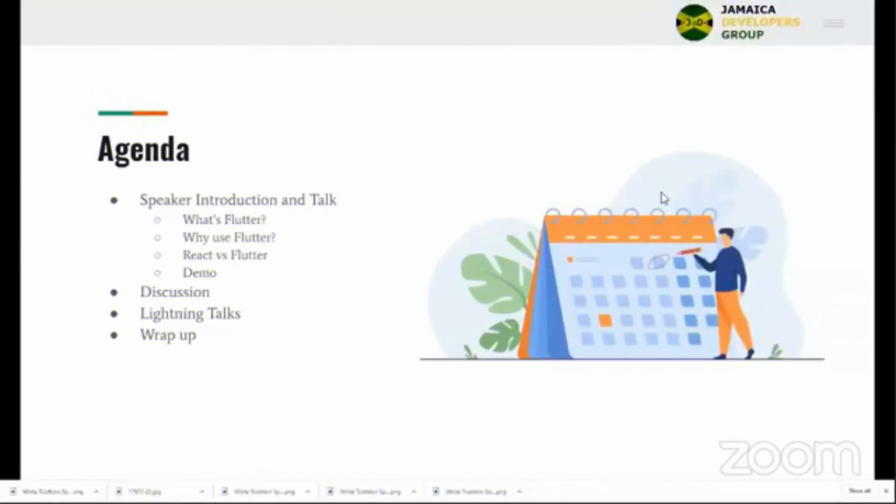So today's agenda will basically touch on Flutter. We're going to talk about what Flutter is, why use Flutter, have a quick comparison between Flutter and React, especially for mobile development, and going into a demo. So firstly, we have a guest speaker, and I'll shortly introduce that guest speaker. After